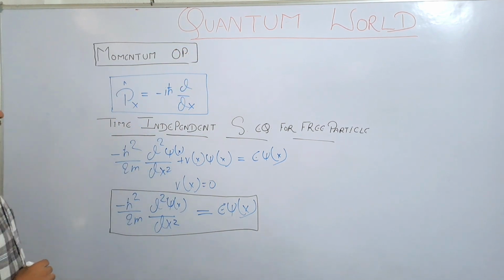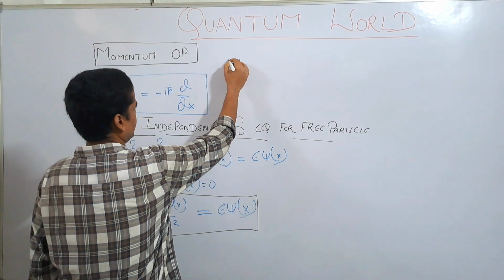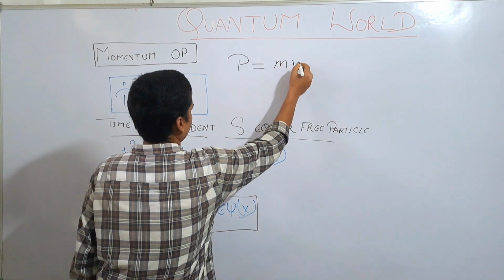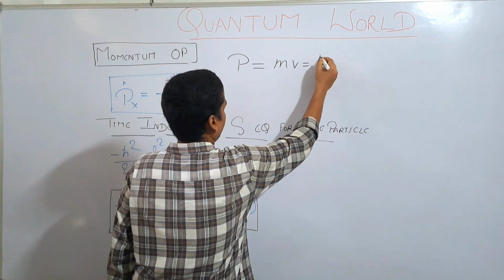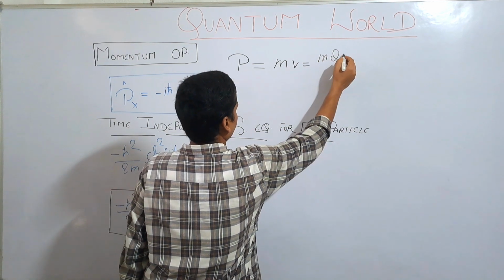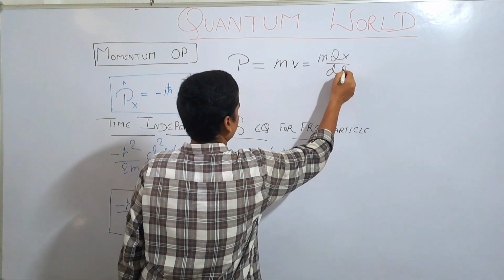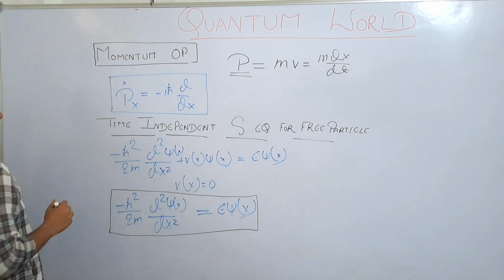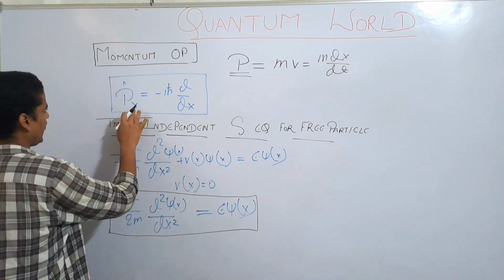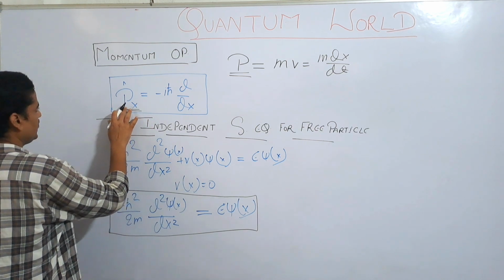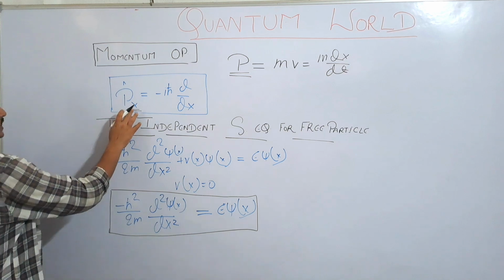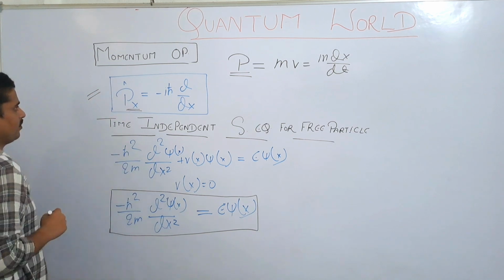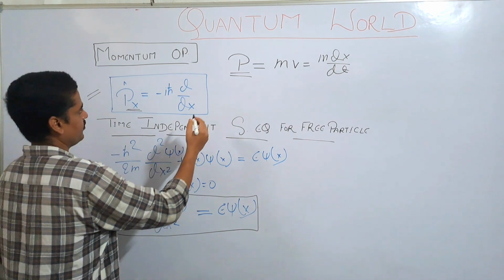Just like in classical mechanics, there is a momentum which is called p, which is mv or m dx/dt. The same momentum becomes an operator in quantum mechanics. So the momentum operator p in the x direction will be minus h bar d/dx. This is the momentum operator which acts on some wave function psi